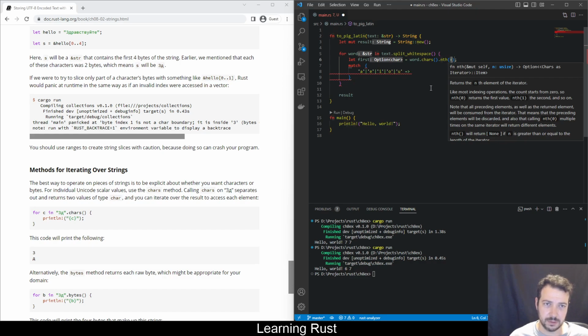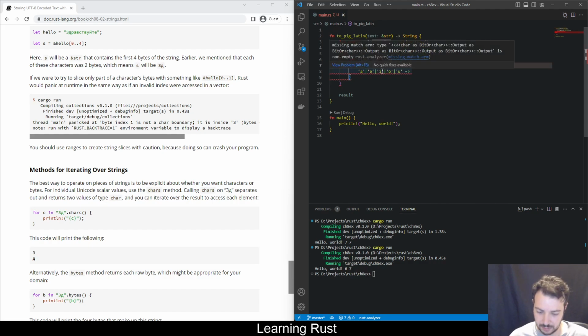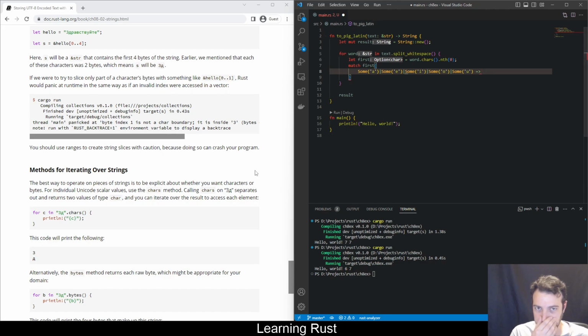Then the nth element of this iterator. Okay, so we want this. And what we have is an option of character. So we do first, and then we can do some of this. And let's just copy paste, copy paste. Do some of this. And if we have a word starting with a vowel, then